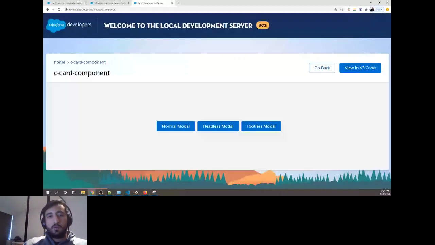We can do the same thing that we did for header, like I can catch from the parent. Okay, parent tell me, I can say it here is @api hide footer. But I want to show you another approach that internally Salesforce components use, the way they have built their components. So what they do is they use slot methods. So I'll show you the slot methods.